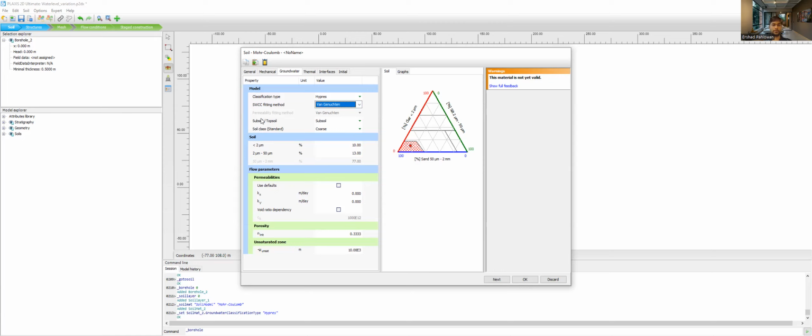Also in this option, we can select the soil as subsoil or topsoil, and the soil classification standard. We can give the soil size: coarse, medium, fine, very fine, or organic. In the soil option, we can set the size of the soil. There are two portions: less than 2 micrometers, and another from 2 micrometers to 50 micrometers in diameter. In the flow parameters,